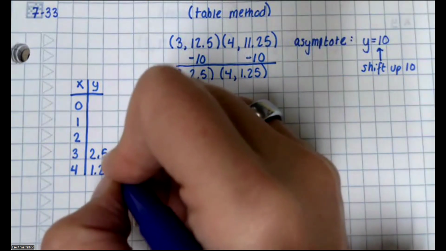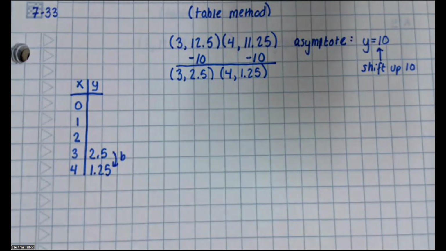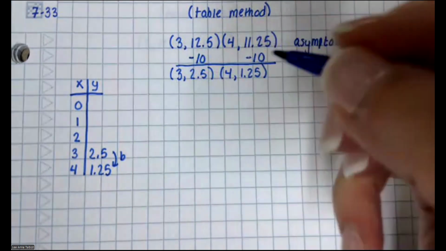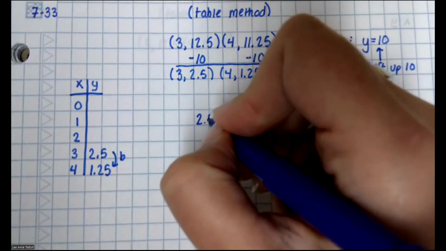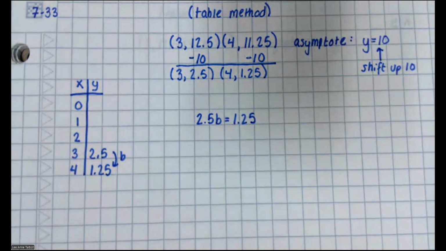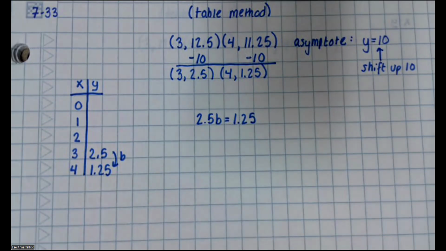Okay, so there's only one B between these two. So I'm just going to write 2.5 B equals 1.25. But that's unusual. I'm not usually that nice. Usually I make you take a square root like we did in the